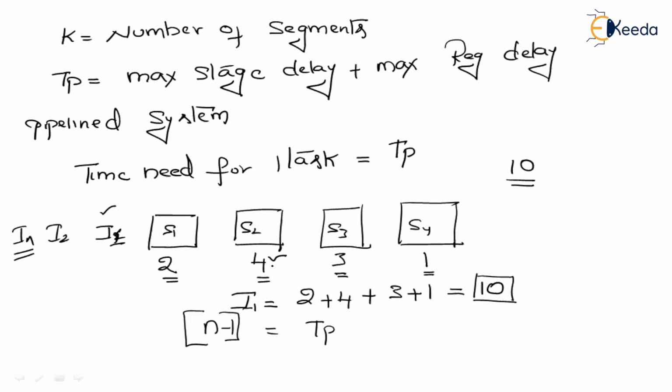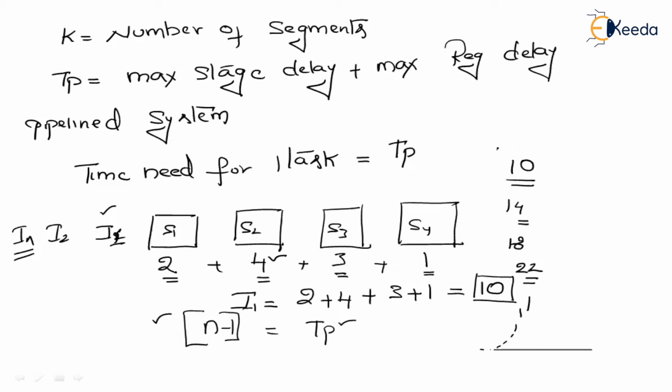So in a pipeline system, only for the first instruction it will be the total number of clock cycles required, which is a blend of all the delays of all the stages. But for all the remaining n-1 instructions, it will be just equal to Tp clock cycles. It is purely because the rest of the instructions will take only 4 clock cycles. Again, in the 14th clock cycle there will be an output, in the 18th clock cycle there will be an output, in the 22nd clock cycle there will be an output, and so on. This is a very important phenomenon to understand.